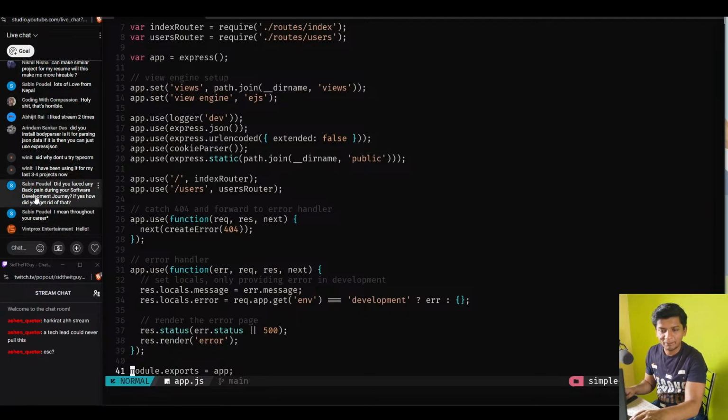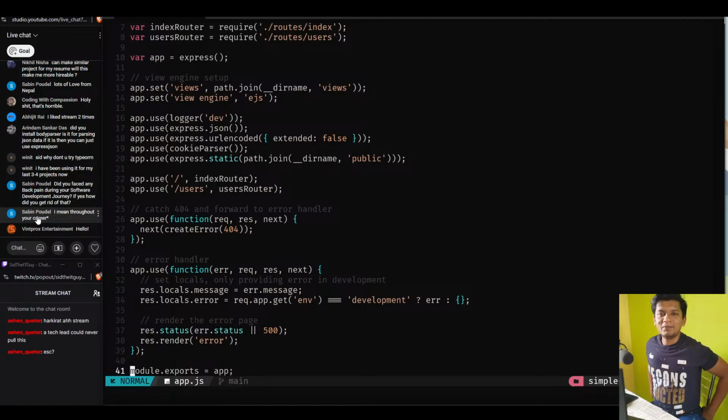Did you face any back pain during your software development journey? If yes, how did you get rid of that? Going to the gym, bro. Go to the gym, and then that usually takes care of your body health and everything. 2025 has been really bad for me. I haven't gone to the gym even a single day. Seems like when my subscription expired last year, I thought maybe just hold it out for a couple months. But now we are approaching March and I still haven't joined the gym. So yeah, it's gonna get bad, I assume. And given that I have a chair like this,